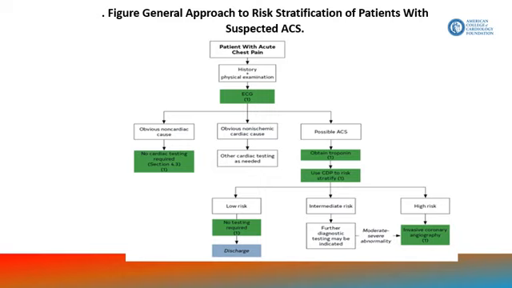So, how to do risk stratification of the patient? This is a patient presented, after taking history and doing physical examination, we have to do an ECG. If this is obviously a non-cardiac cause, we have to do non-cardiac testing. If this is a cardiac cause, ischemic or non-coronary. Ischemic acute coronary syndrome, send them for troponin. It's low risk or intermediate or high risk. High risk, send them for coronary angiography. Intermediate risk,